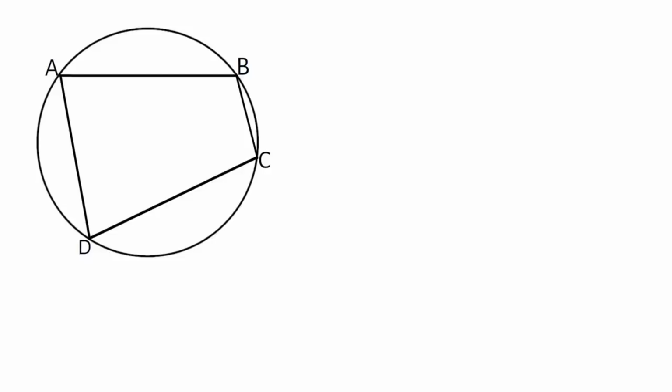So the conclusion we can make is that angle A plus angle C should sum up to 180 degrees, and the reason is opposite angles of a cyclic quad. It's also quite clear that there's a relationship between angle B and angle D, in a way that if they gave us 60 degrees for angle D, then we'd be able to get angle B,